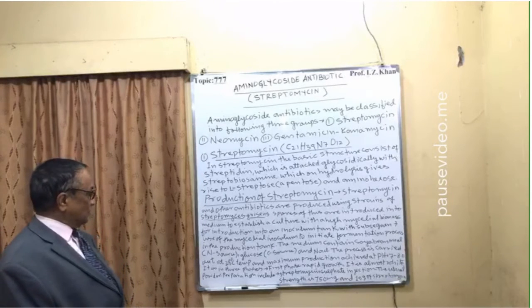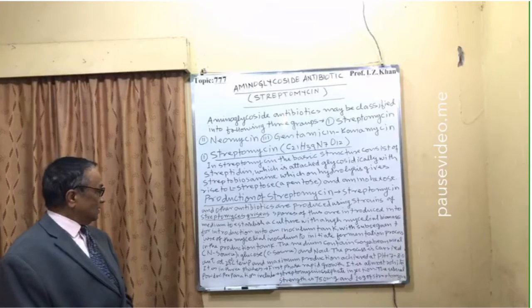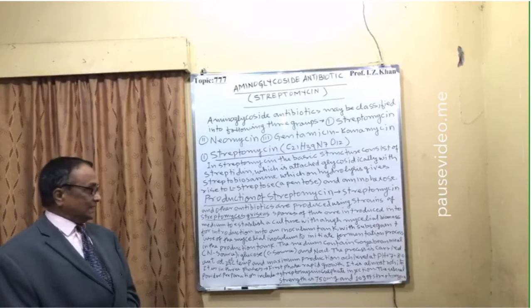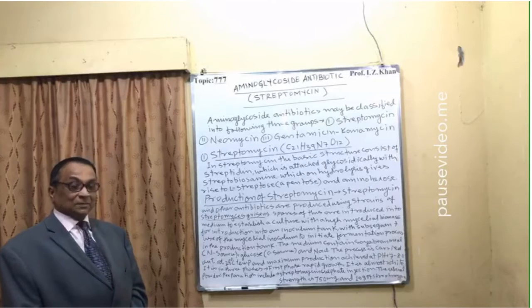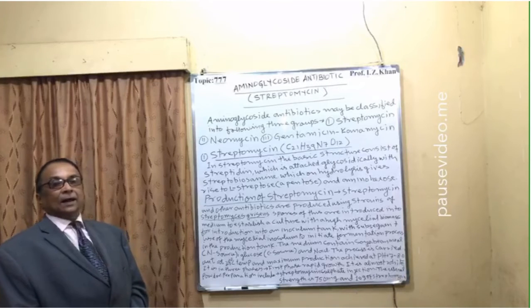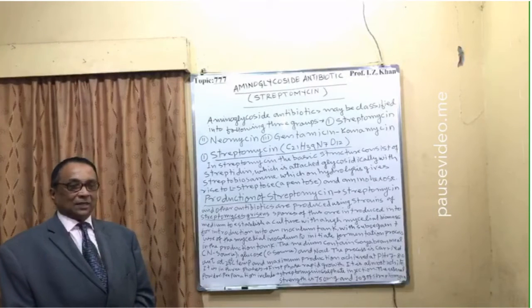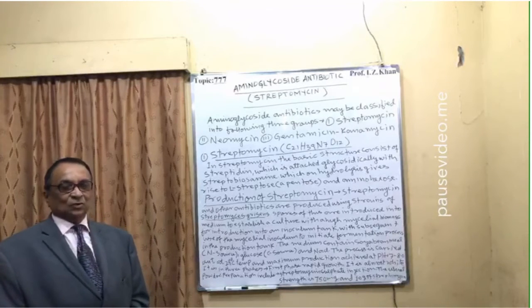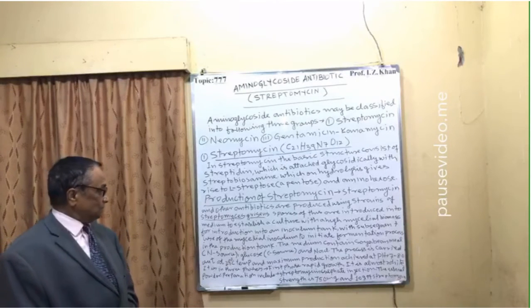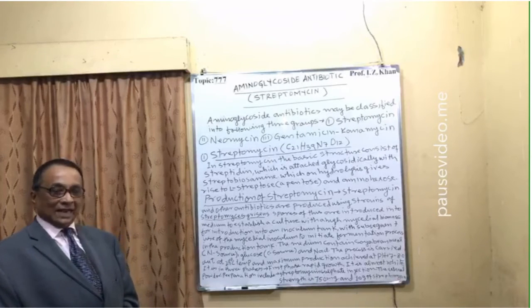And in the production tank, the medium contains soybean meal, that is the N source, glucose, that is the C source, and sodium chloride, that is NaCl. And in this process, this mixture is there, and the process is carried out at 28 degrees centigrade, and the pH is maintained slightly alkaline, that is from 7 to 8. 7 is neutral and 8 is slightly alkaline, so between neutral and slightly alkaline, and it will be very fast, rapid growth. The first phase is rapid growth. It is in 3 phases: first phase, second phase, and third phase.